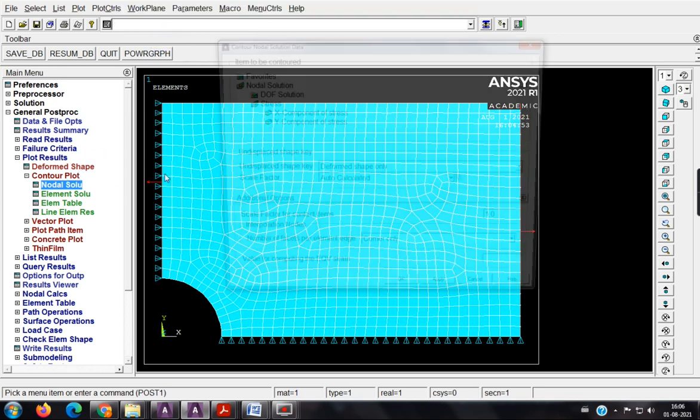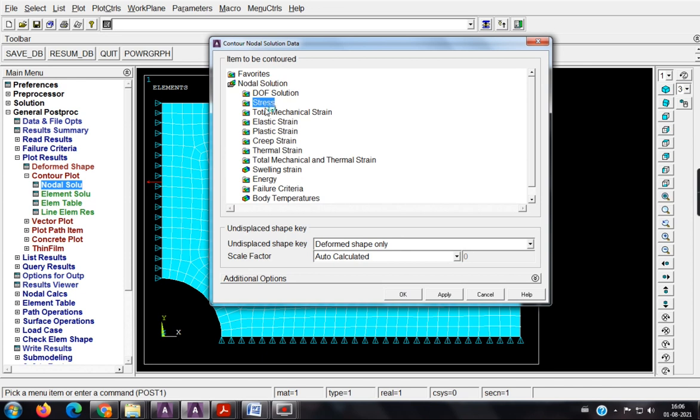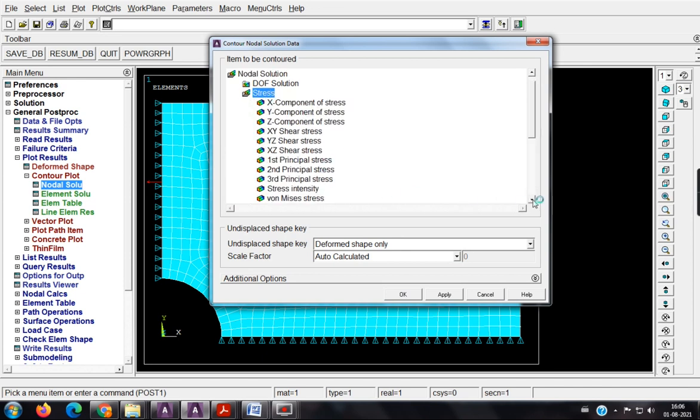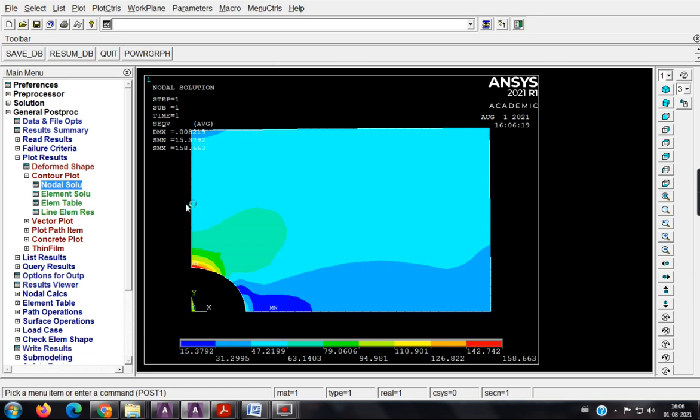Now go back and cross check. If you solve the problem theoretically we get 162 or 164, but here I am getting 158. Of course it is an acceptable answer.